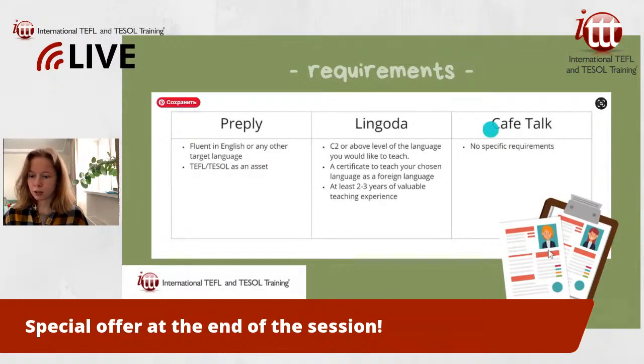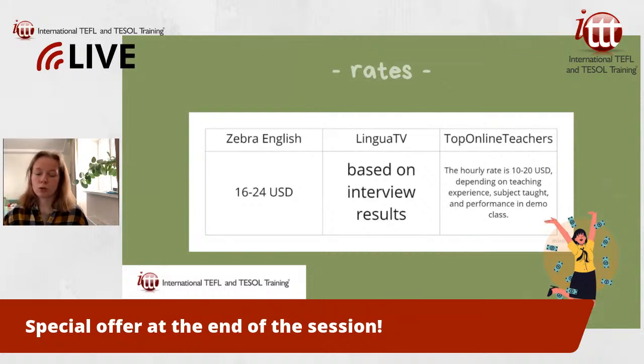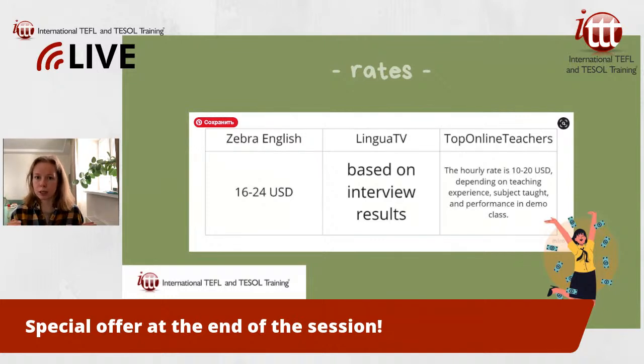Okay, and as for the rates, let's see the rates. When I was researching, I found out that rates differ across the companies, so if you look at this table, you can see that Zebra English offers nice salaries. It's like 16 to 24 per hour. But this amount of money has different benefits inside, and it can be slightly less at the beginning of your teaching for their platform, because basically at the beginning of your work you have like a base salary which is much less, but while you are developing in the company and in your teaching, they raise